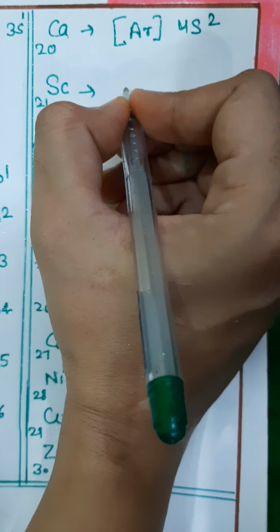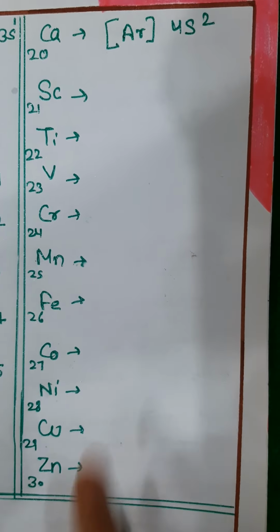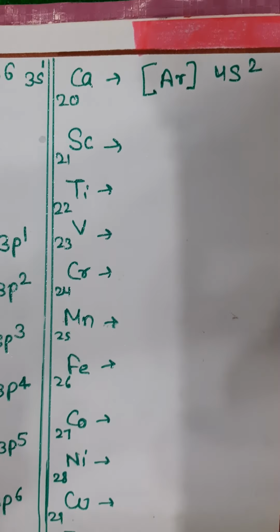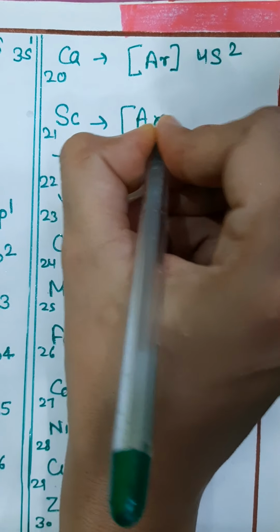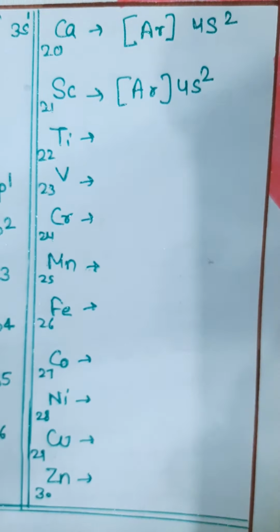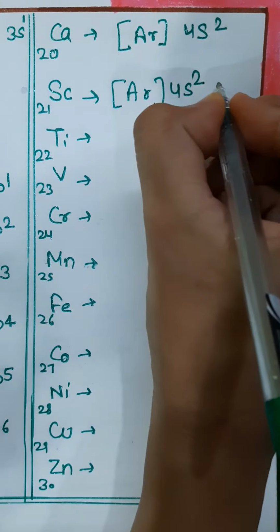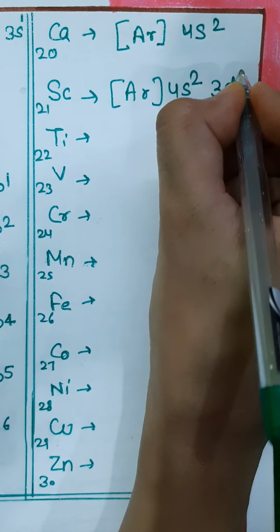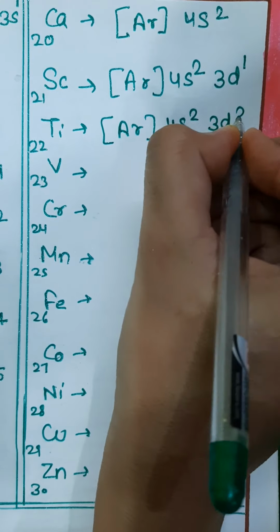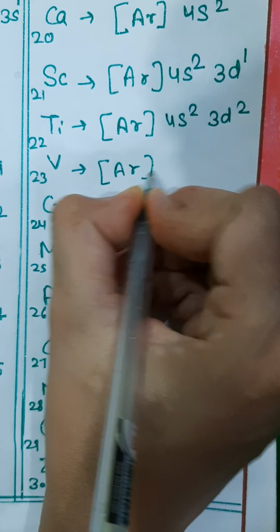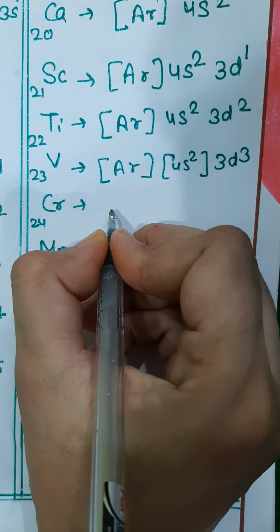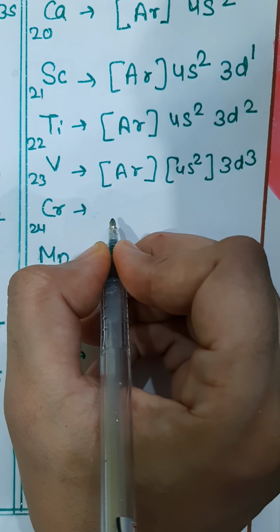Next is our scandium. For scandium student, similarly we write 18 to 20, and after 4s our electron enters into 3d. 18 and to 21, 18 and to 20 and to 22, 18 and to 20, 23. For chromium,